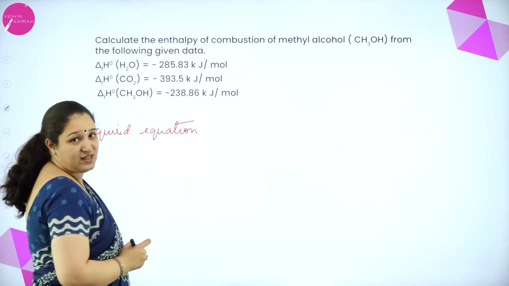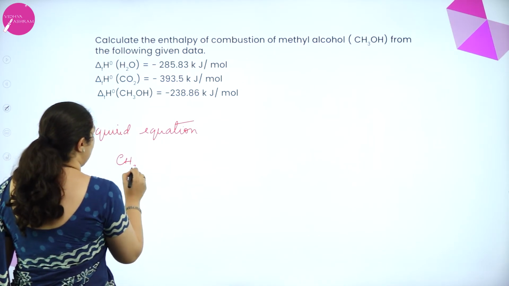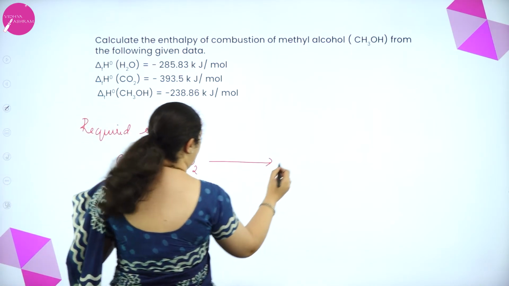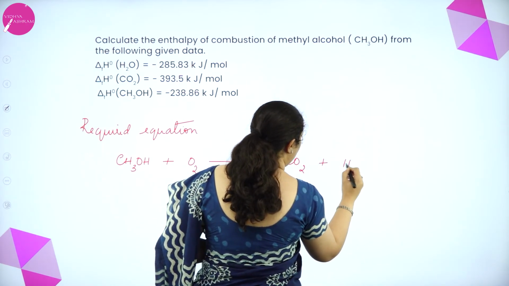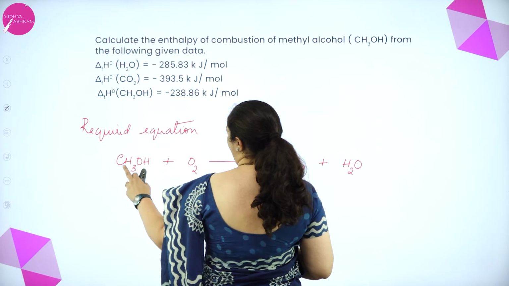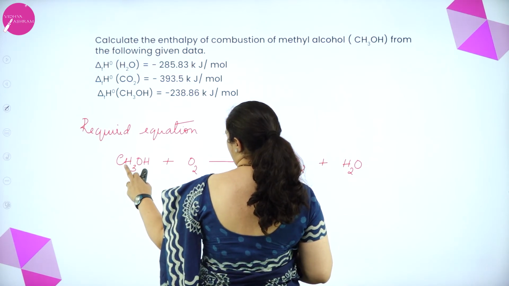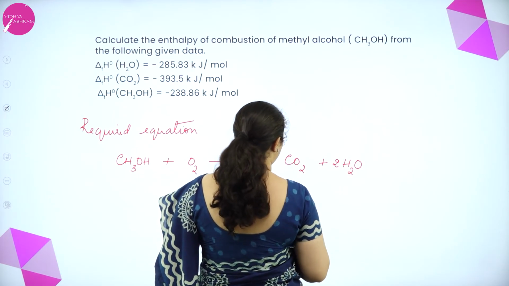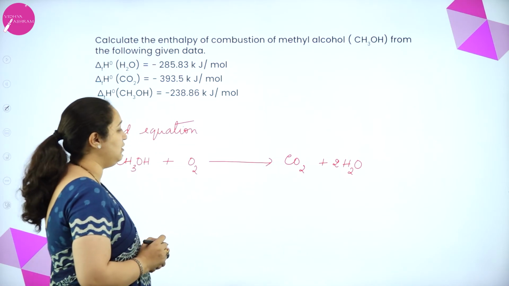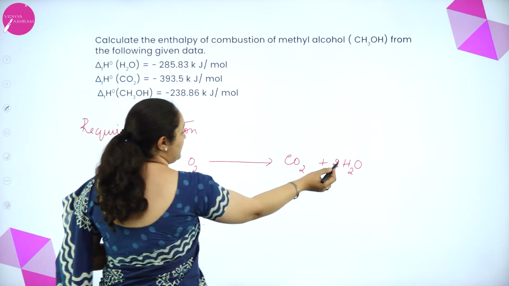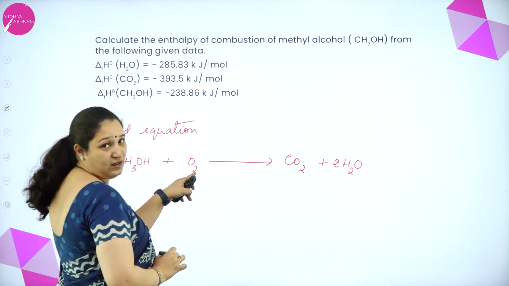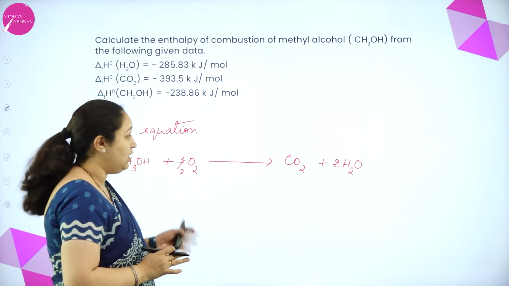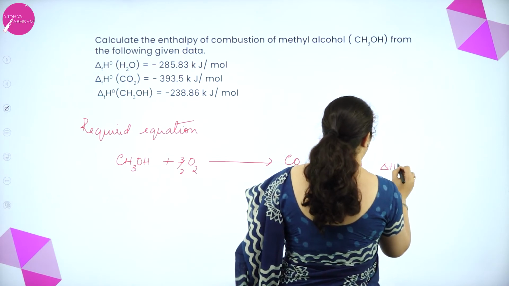It is CH3OH, combustion. CH3OH plus O2, I will get carbon dioxide and water. So how many carbon dioxide do I have? 1. So 1 is done. Hydrogen, 2 are there, so 2. And balance the oxygen here. Here oxygen, if you see, 2 plus 2, 4 is there. But here I have 1 and 2 from here. So I will do it as 3 by 2. So 3 from here, 1 from here, 4, it is balanced.